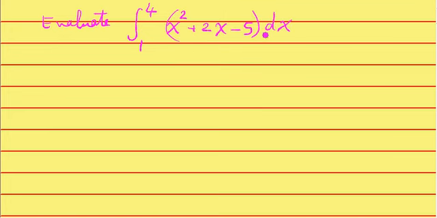Evaluate the integral from 1 to 4 of x squared plus 2x minus 5, using the limit of a Riemann sum. That means using limit of